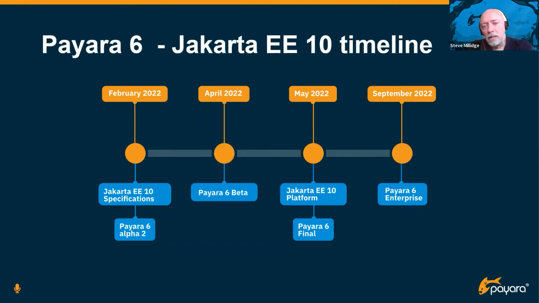Then in May, the whole Jakarta 10 platform in the Eclipse Jakarta working group is currently slated for release to go final. What we're hoping is that we can have a similar Payara 6 final in community around the same date, or very close to the date of the release of Jakarta 10. Jakarta 10 has to have a compatible implementation associated with it. Currently, the target for that, I think, is GlassFish, but other people, including Payara, are working to be very, very close to that date, in case something happens with a GlassFish release, or so we can also be there at the same time.